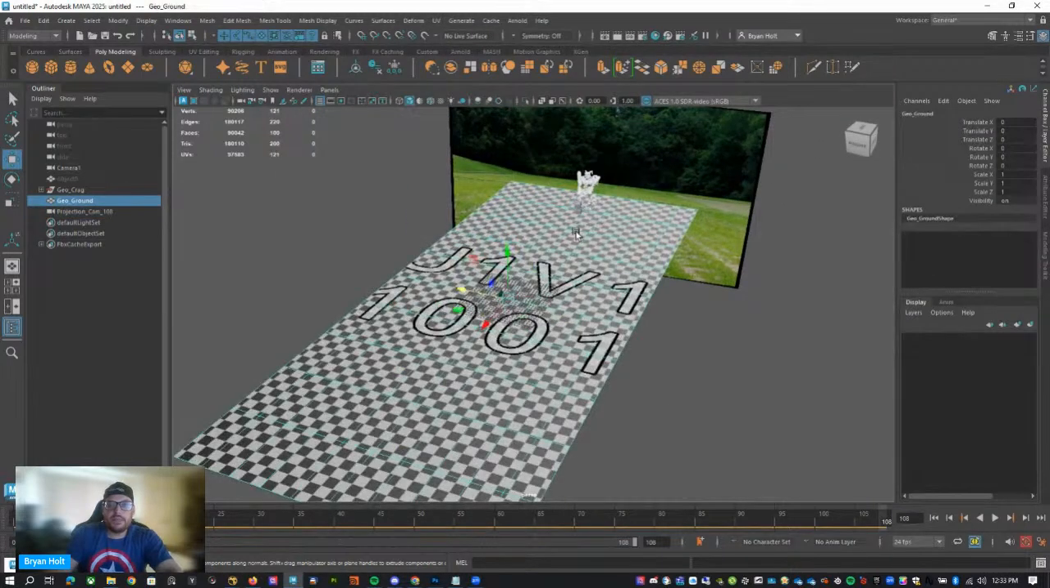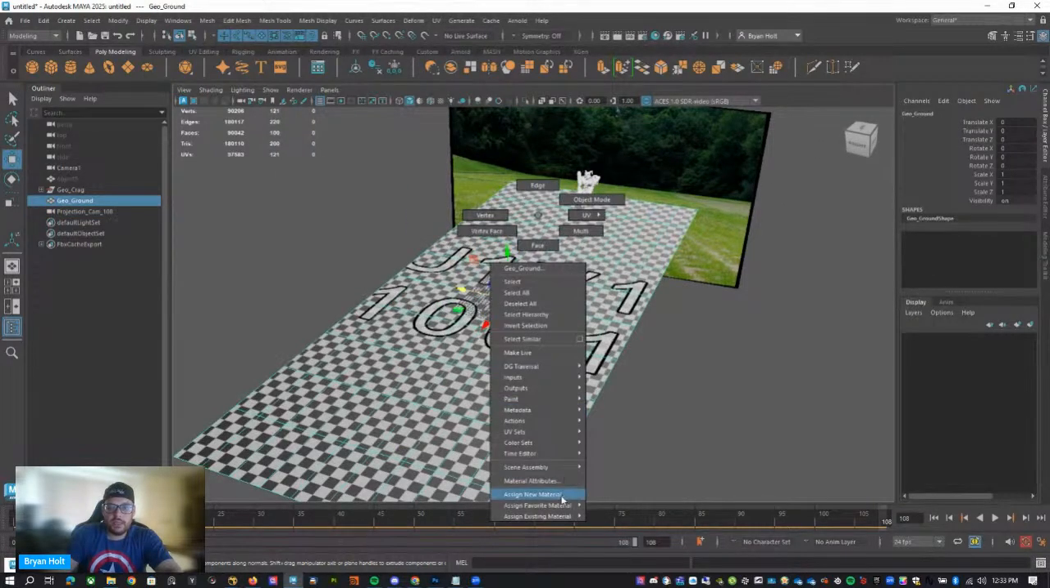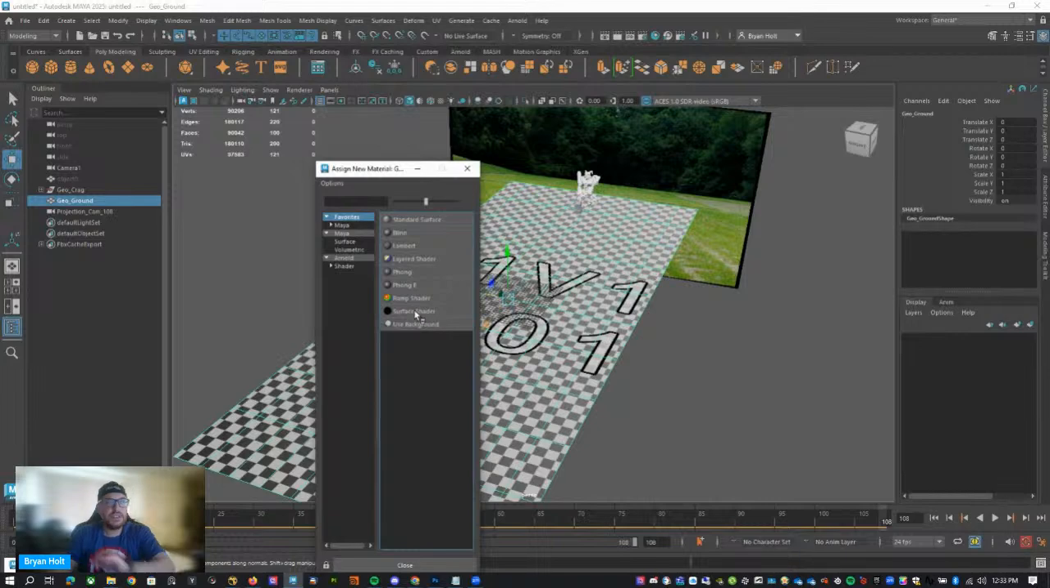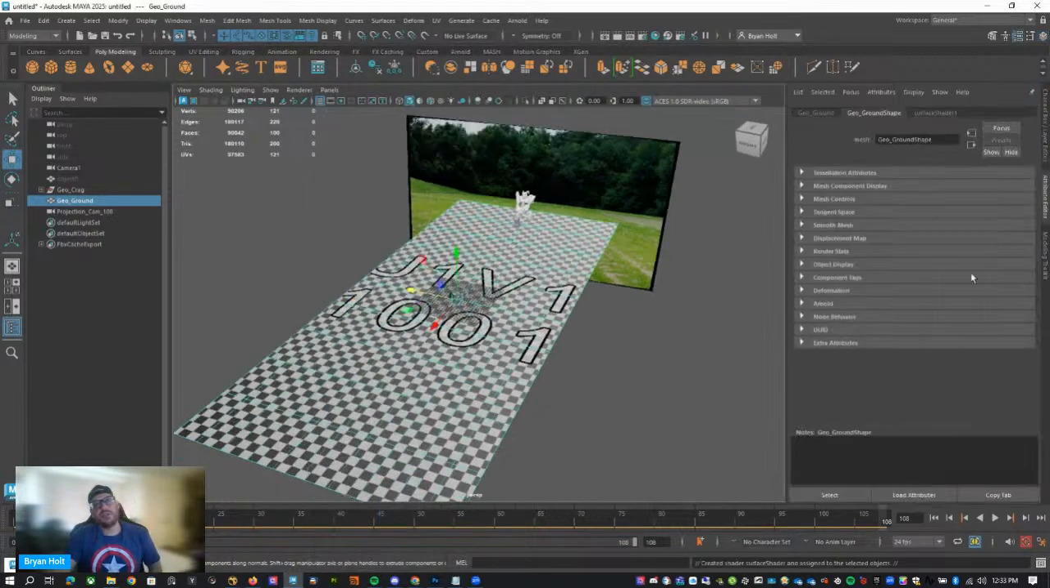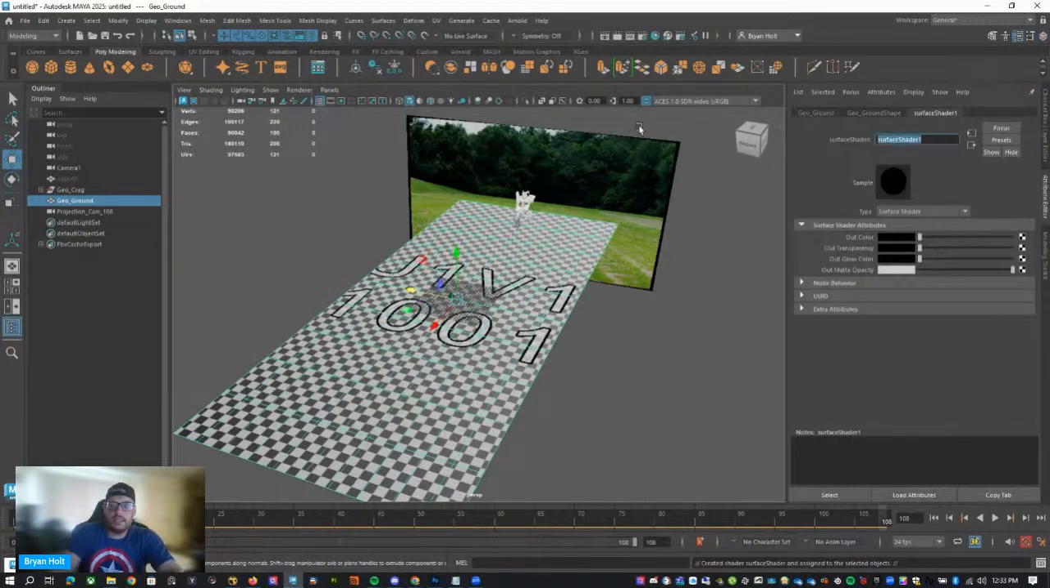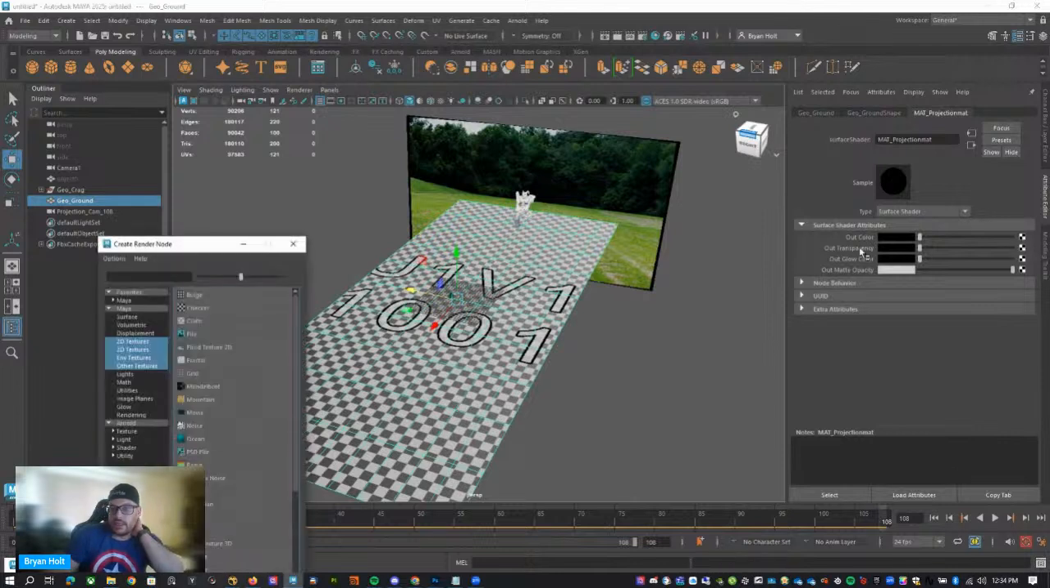Then what we're going to do is give this a material. So I'm going to right click, come down here, assign new material. And for this, I like using just the surface shader. So we'll click on the surface shader. Let's call this matte projection matte. Okay. And under the out color, let's click on the checker box icon, and then we're going to give it a